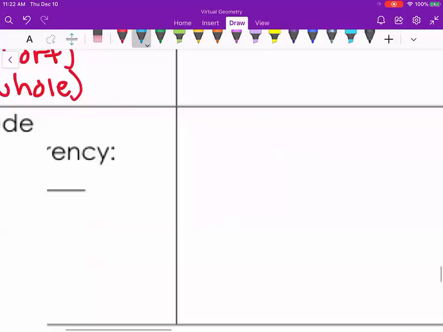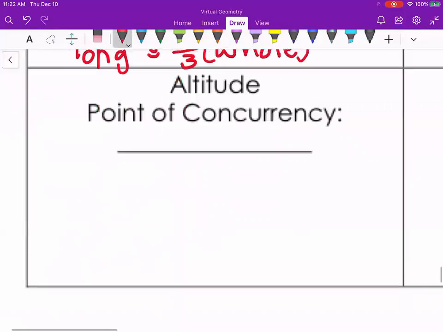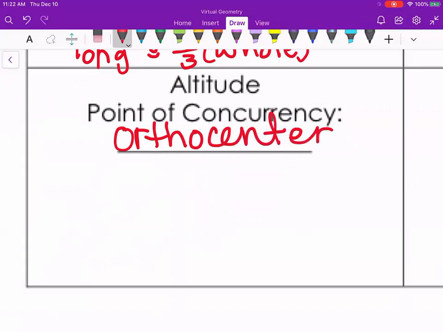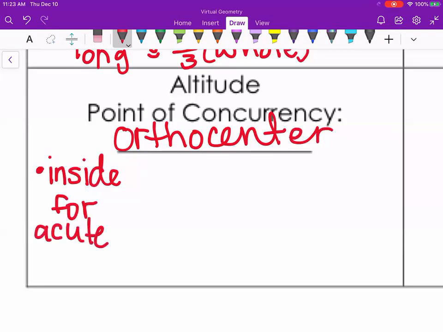Now, the last one we looked at was the altitude. Its point of concurrency was the orthocenter. Okay, and remember, this one could be inside the triangle. So let's get a little more specific here. The orthocenter will be inside for acute triangles. It will be on the side